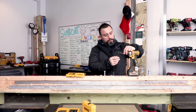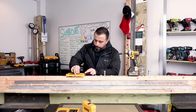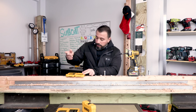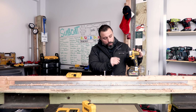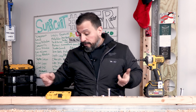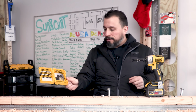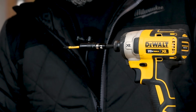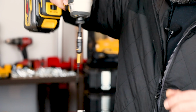Here's my issue with this. You have your 1-inch bits, and I like to use magnets or have a bit that's magnetized when I'm driving my screws. It makes for faster work, in my opinion. And here's the deal. They include these 2-inch bits. The problem is, when you use them in this manner,